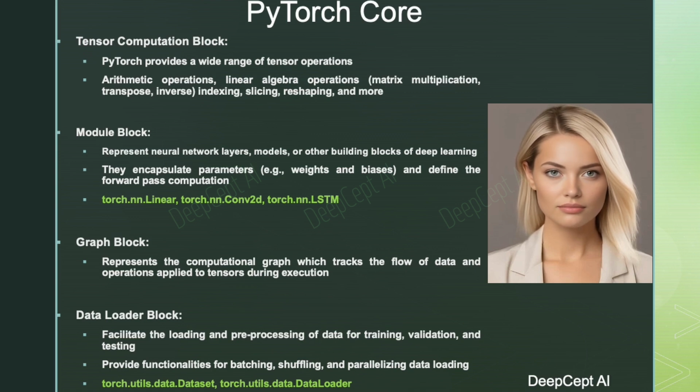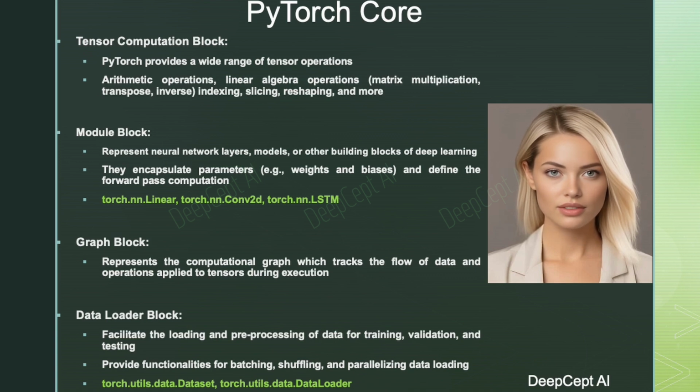These modules encompass parameters such as weights and biases and define the forward pass computation of neural networks, offering functionalities ranging from linear layers to activation functions and loss functions. The graph block represents the computational graph, dynamically tracking the flow of data and operations applied to tensors during program